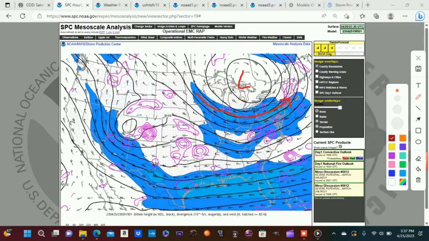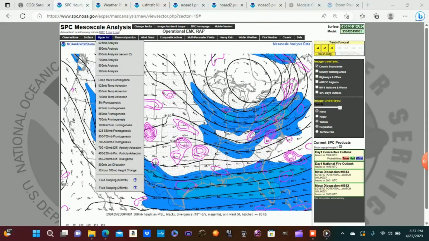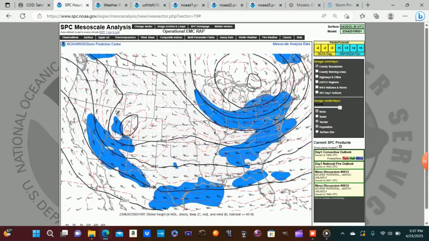And this is going to be steadily sliding to the northeast. But I am paying closer attention to one piece of the jet stream that is located to the west over the desert southwest. Right over here. And this piece of the jet is going to be getting more organized as it tracks across the southern United States over the next few days. And then switching to the midsection of the atmosphere,